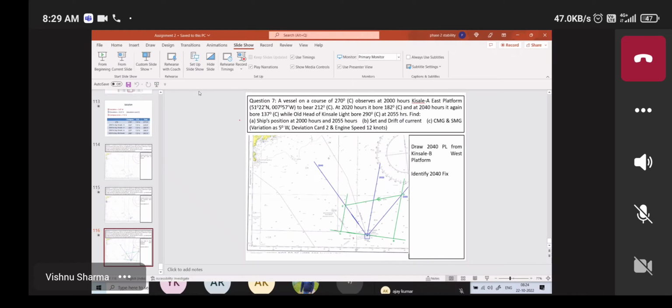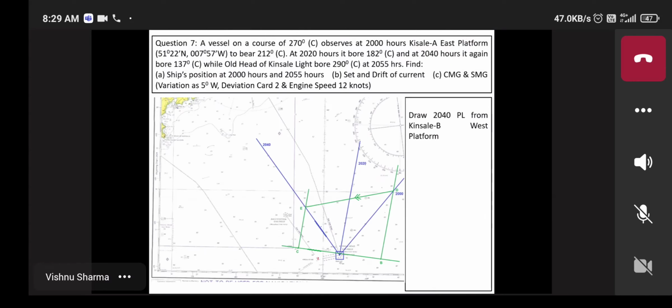Okay, so 297, this will be 270, 297 would be somewhat like this. Somewhat like this will be 297 degrees true to Kinsale. This is the 2055 PL. Now we don't have another PL for 2055. Now in a 3-point bearing, what you can do is, beta, wherever you get CMG, see, different